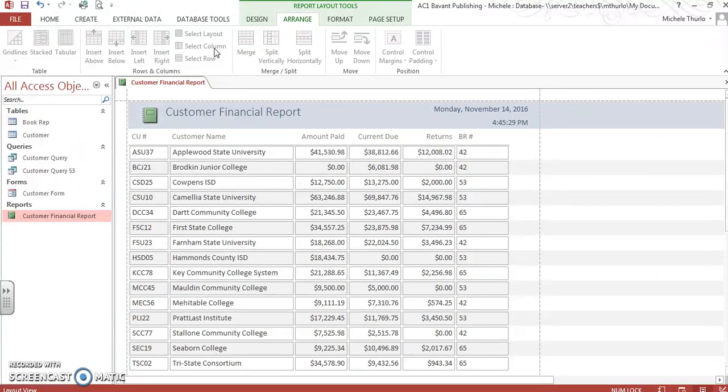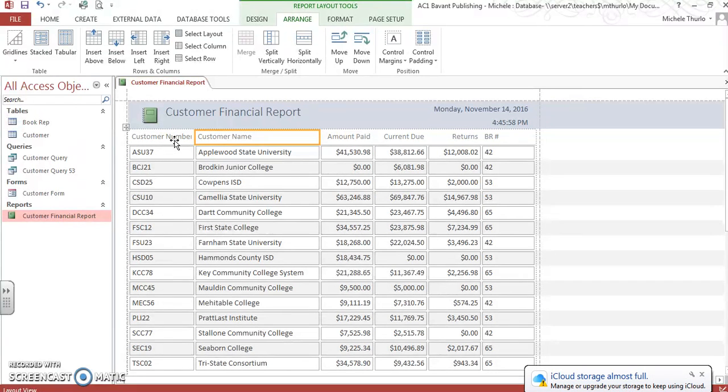Okay, we want to go to the customer number field. So the CU number, we're going to double click twice so that we can get into it. And we are going to change that from our caption to actually say customer number. Okay, it spread it out in the book. It did not. So something we can do, we can actually,